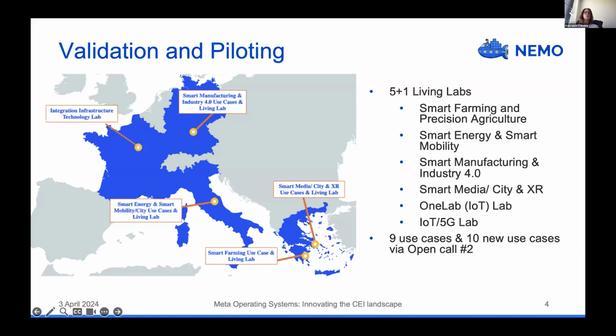Apart from this, we have two laboratory environments for validating the activities. The first is one lab in France. It's one of the 5 biggest experimentation infrastructures in Europe. And this hosts the development, staging and production environment for NEMO, providing all different kinds of resources across IoT, edge, and cloud. So there is the possibility of testing different types of scenarios.